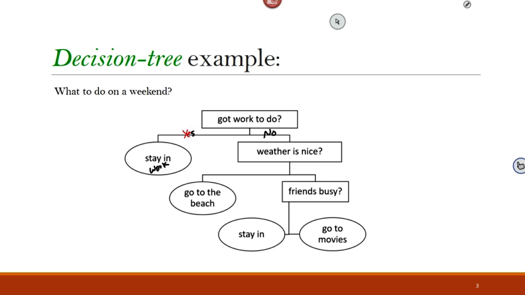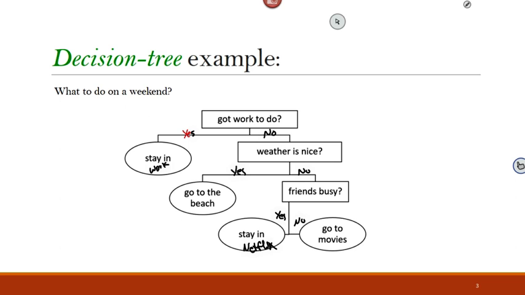If not, then the next question maybe is whether the weather is going to be nice outside. If the weather is nice, then maybe you will go to the beach, maybe you'll go to the park, you'll go outside, okay? But if the weather is not nice, then maybe you will start texting your friends, see who's out there, and see if they're available. If they're busy, then you may just stay home and watch Netflix, right?